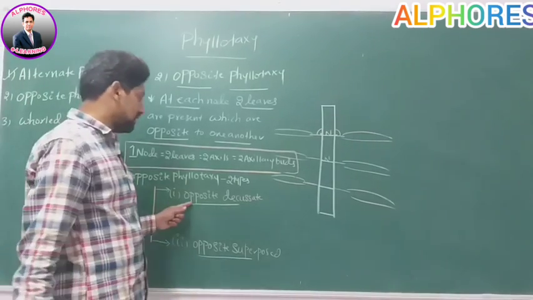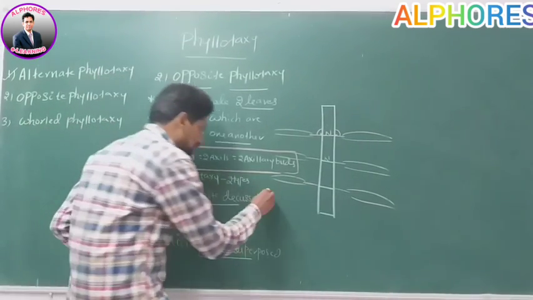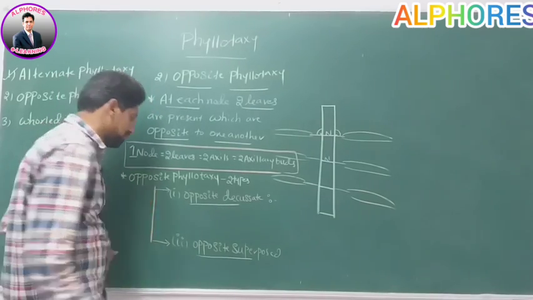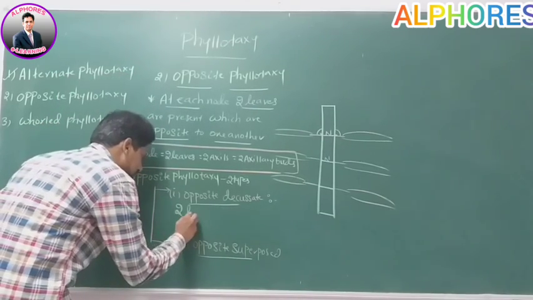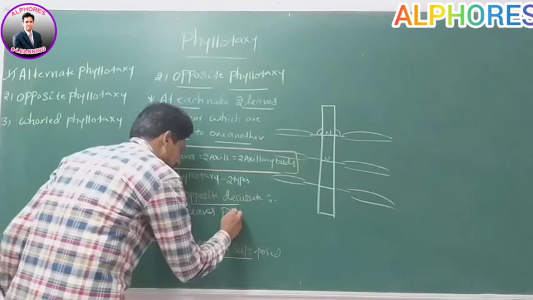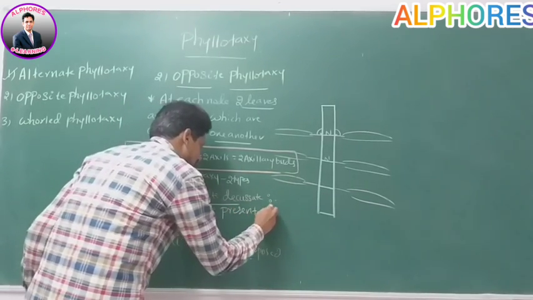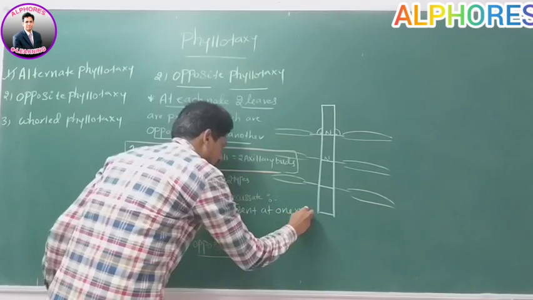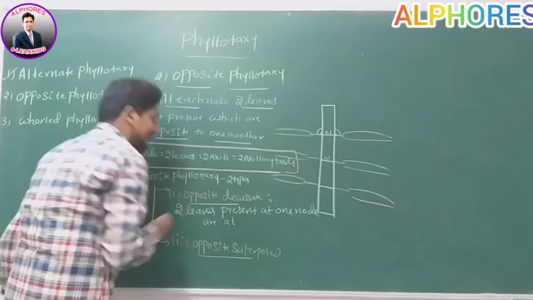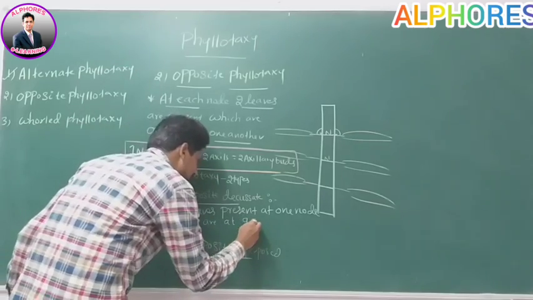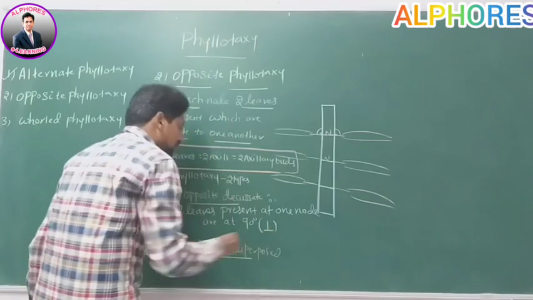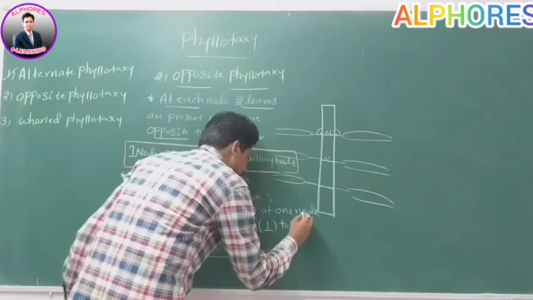Okay. Therefore, sir, we are discussing opposite decussate. Now you tell the statements. Opposite decussate, what can we write? Two leaves present at one node are at right angle. Right angle means how many degrees? 90 degrees. Can we call it perpendicular? Yes. Right angle to two leaves